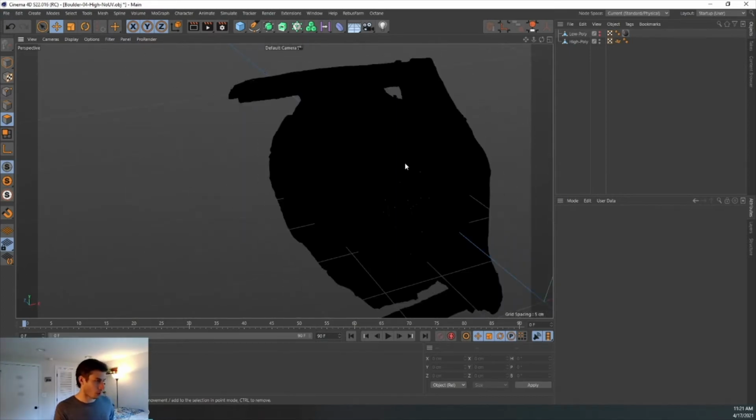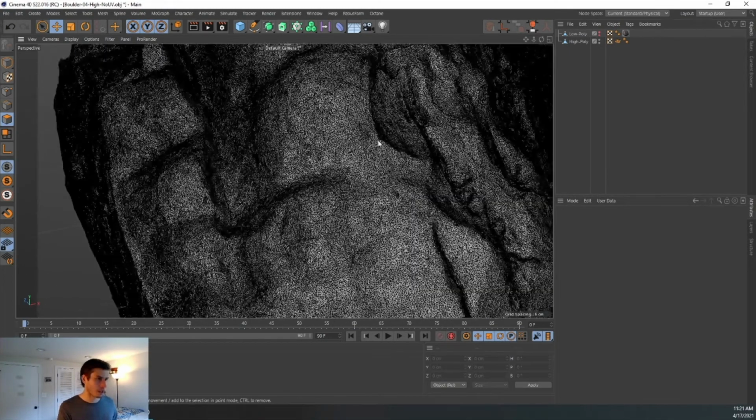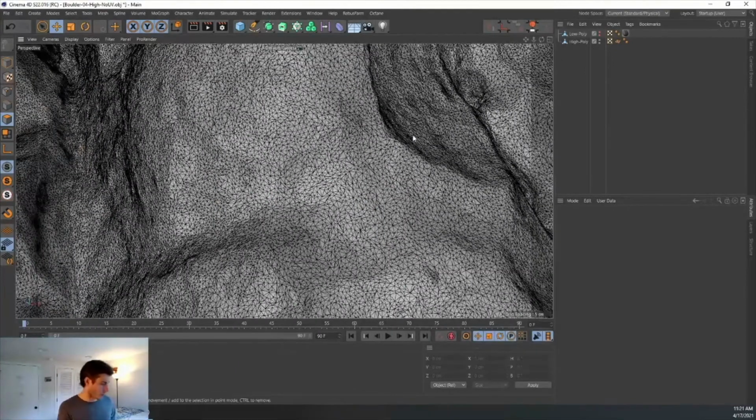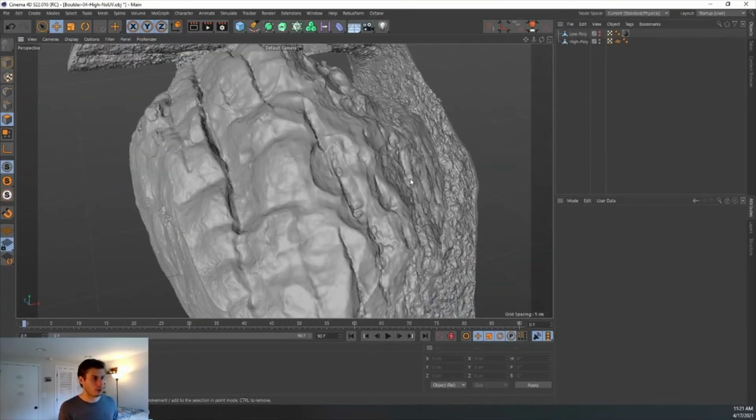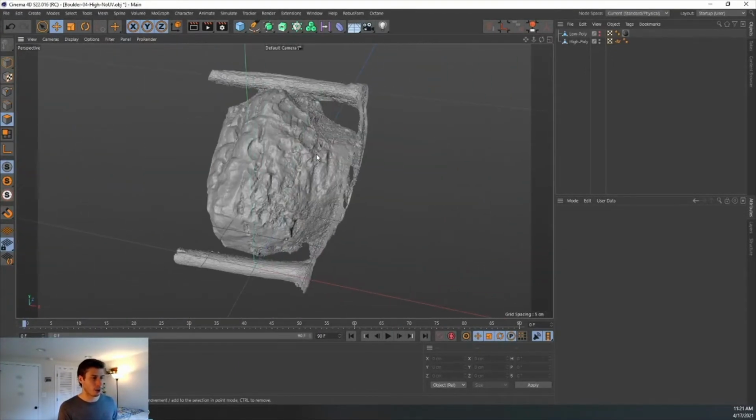We definitely don't want this. If we try and render this, it's honestly just from the geometry going to take forever, and it's going to slow down your viewport a ton when you have a whole scene in here. So what I normally would do is either generate a lower density geometry from the photogrammetry software, or you can actually optimize it, and I have a whole workflow in